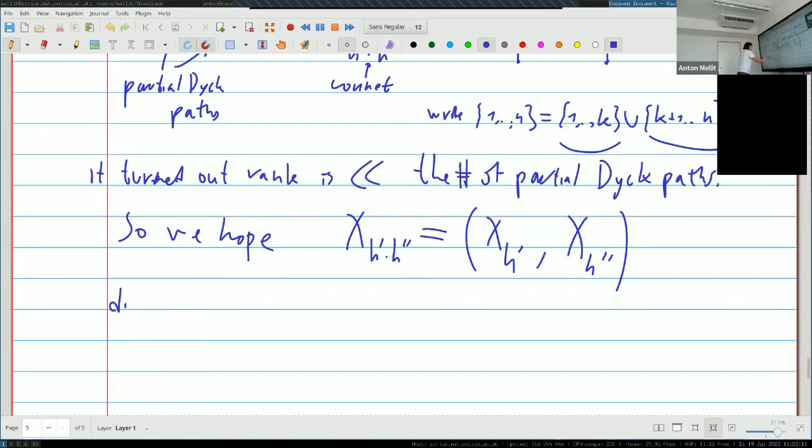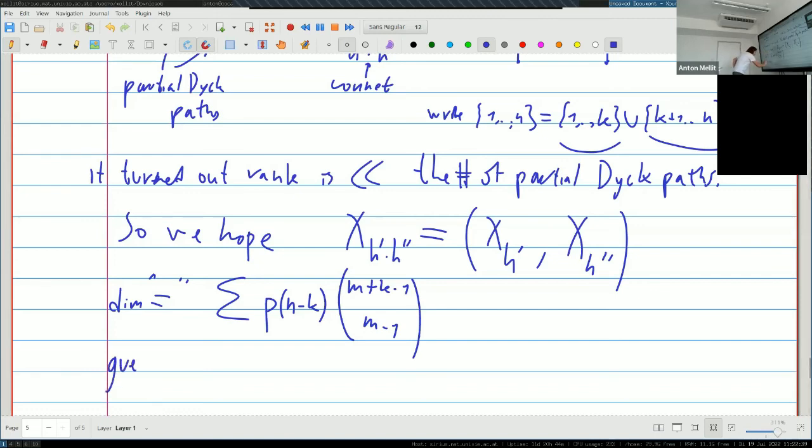So the dimension turned out to be, I'm sorry, I will just get something: something like a sum of p n minus k, some kind of sum, and that will give us this. So this is basically the number